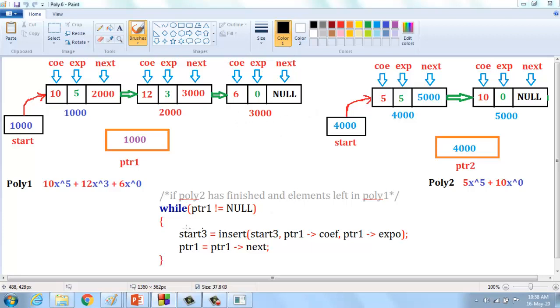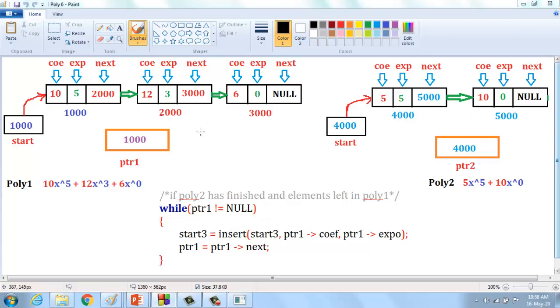In that case, we can use while ptr1 not equal to null, for the remaining elements present in the polynomial. If only one element is present in the polynomial, ptr1 points to this node. At that time, it prints the left element.